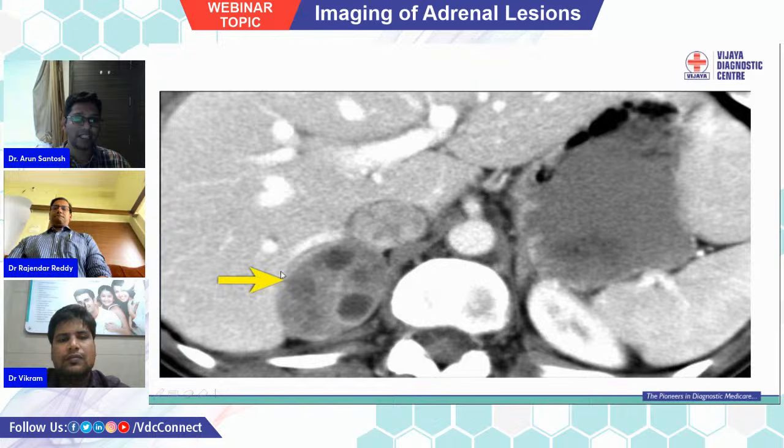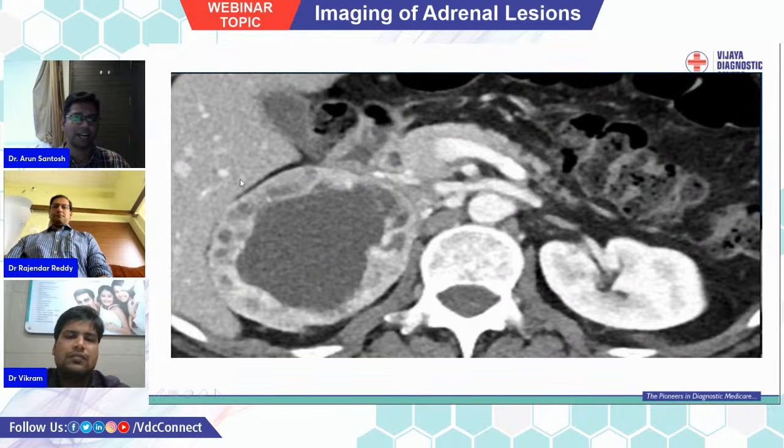And here we can see a case of a patient who presented with paroxysmal attacks of repeated headaches and hypertension. We can see an oval-shaped heterogeneous enhancing lesion with multiple well-defined cystic areas. These are actually non-enhancing and well-defined cysts. And these turned out to be pheochromocytomas. So pheochromocytomas tend to be not only homogeneously enhancing solid tumors, they can have cysts, hemorrhage, or necrosis. In any form they can present, and that's why pheochromocytoma is called the chameleon tumor of the adrenal gland.